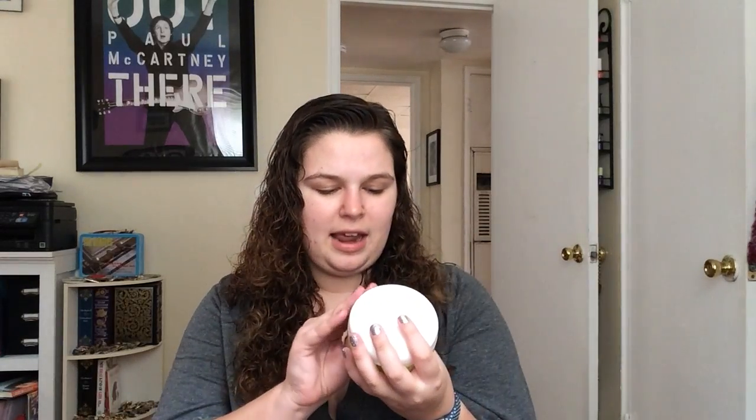And the only other thing that I have for my hair is a deep conditioner mask. I tried one a while ago. I just had a little four-packet sample from Kerastase, and it was in a pink thing. That was my favorite that I've ever tried. It really made my hair feel really soft. But right now I'm actually using this one, which is the Deva Curl Heaven in Hair